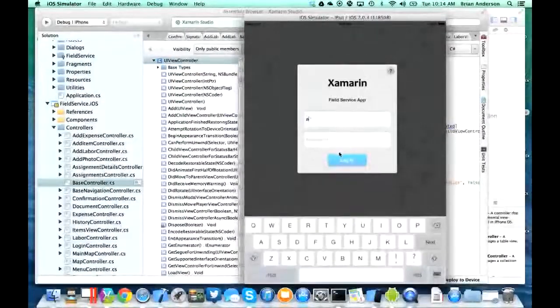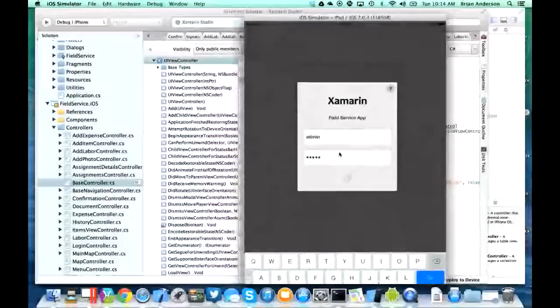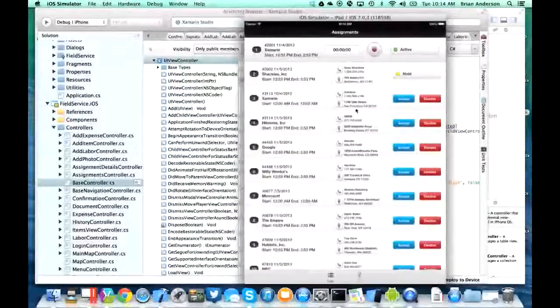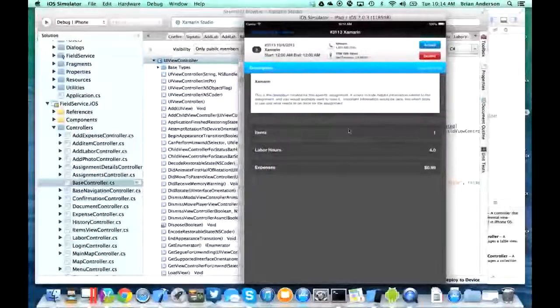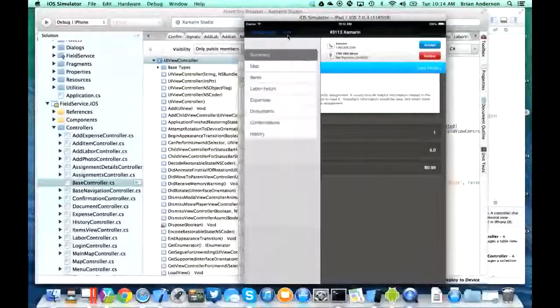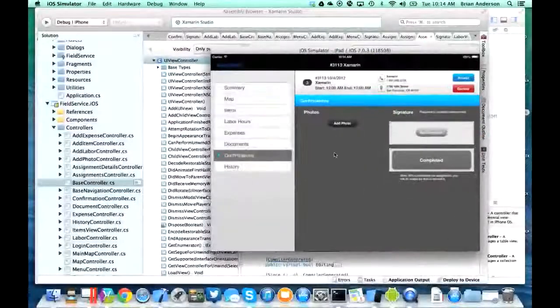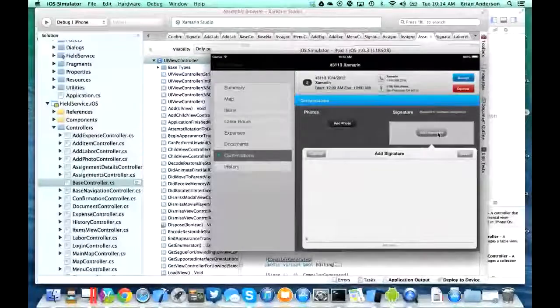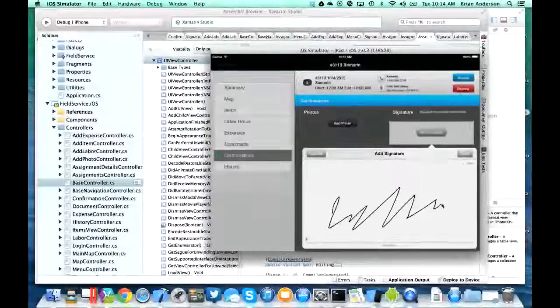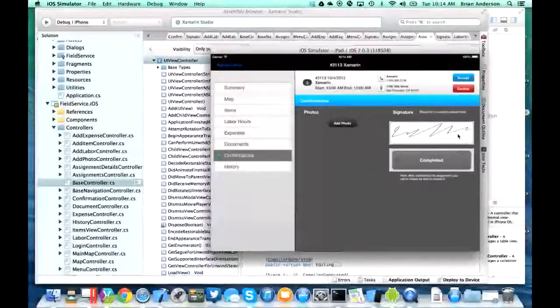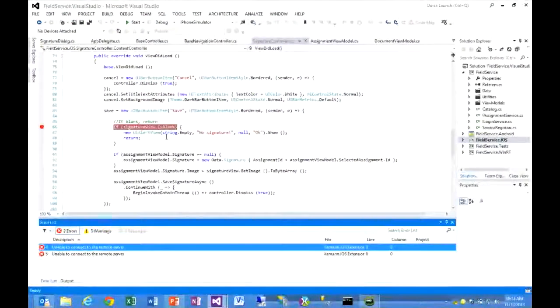So if I type in admin, and I want to go into this same example here, and then drop down into confirmations, or I want to go horizontal, then I can go here, add signature, and again I'm adding a signature, hit save, and you'll notice now it's going to take a second here because of the remote server, but I can get the full debug.